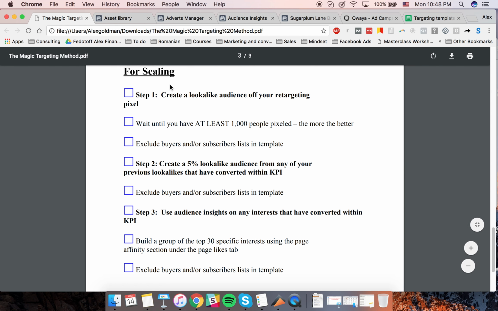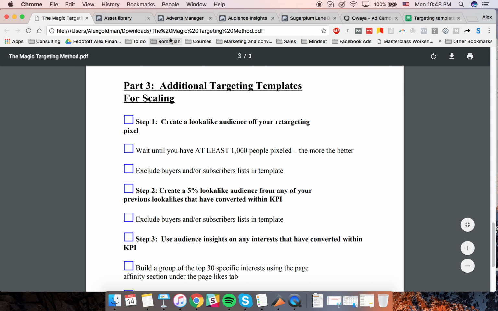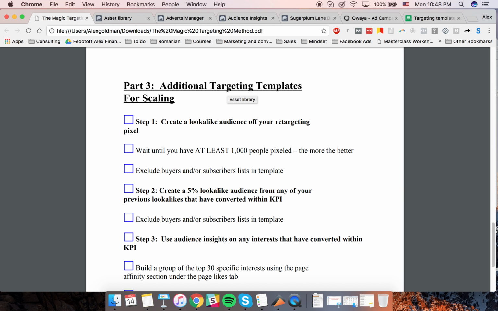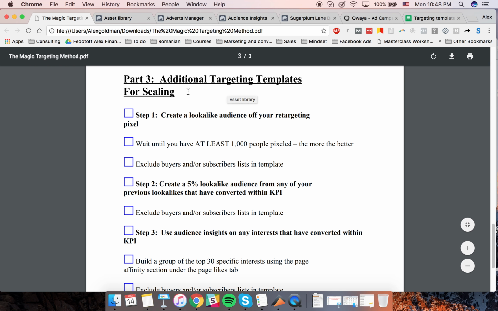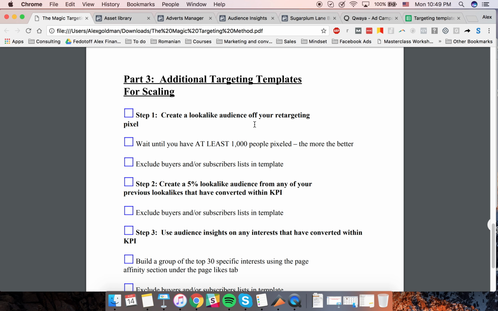So in part 3, right now, after we have identified what we want to target initially, we have these templates in place, and I've shown you how to create a lookalike audience from your retargeting pixel, but you need to wait until you get at least 1,000 people pixeled, because these audiences are